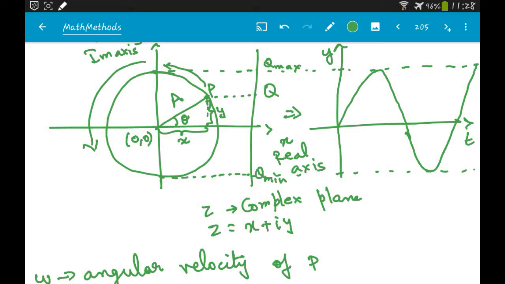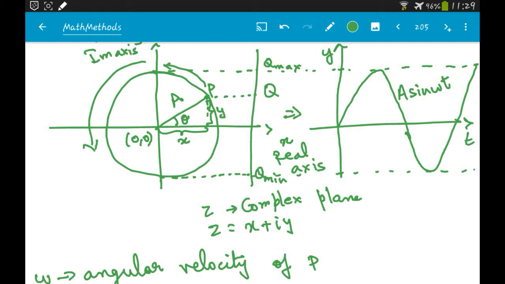So this will be your a sine omega t. Alright. So why do we do this? Because I want to impress upon you the fact that this kind of periodic function can be represented in terms of a sine or a cosine function. Okay. So if we are representing x versus time, it will be represented by the cos function. So you will get a cos wave. So you will have a cos omega t as the function that represents x versus time. So you can represent it.